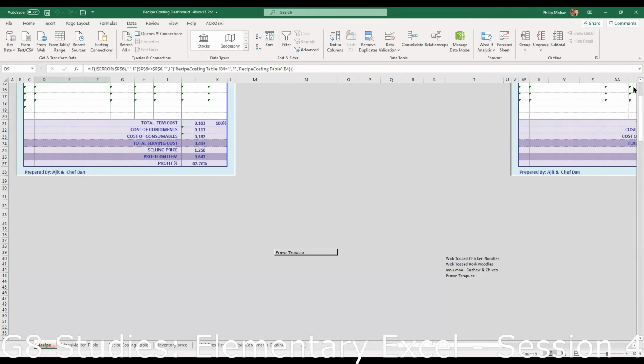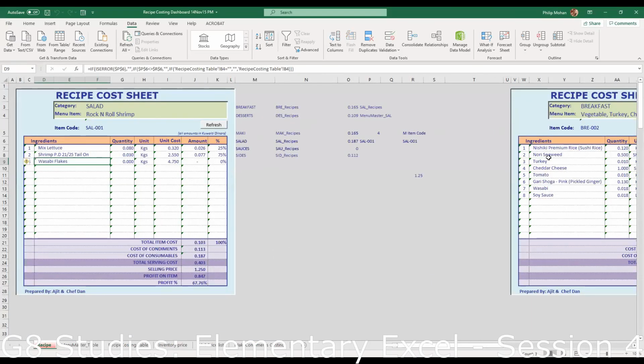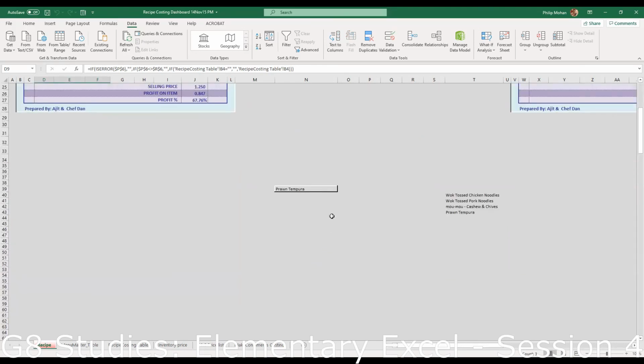Just ignore this one because they're both identical. I think I just wanted 2 sheets on the same screen. So what's happening here is data validation. You're pulling up items from a list that you have already defined. I just typed in these 4. We can add one more. What's your favorite dish?